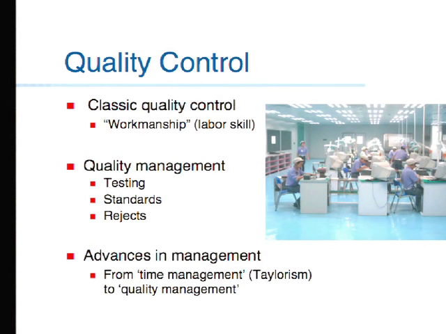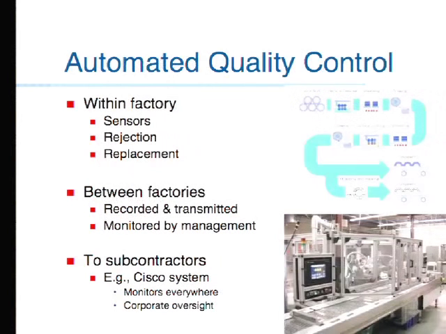So in Fordism, or what was often called Taylorism, a lot of the management was going into time management and speed up. But with Toyota, it's dramatically the quality management at every step of the way. So that's a major development. We'll come back to that. There has been a quality revolution. I didn't put that on the slide. But this attention to quality is really dramatic over the last 20 years or so, the last generation.